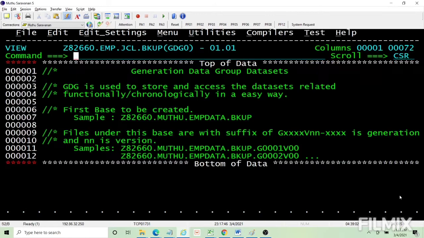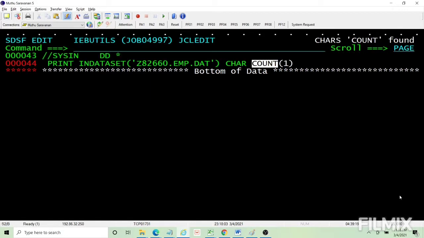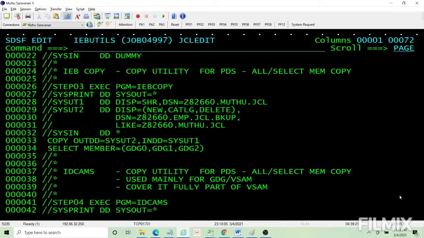Okay, if I compare it against the JCL, they should exactly match. What is our JCL name? I don't remember it. From where did we copy?